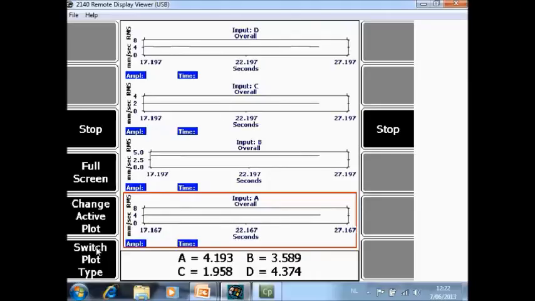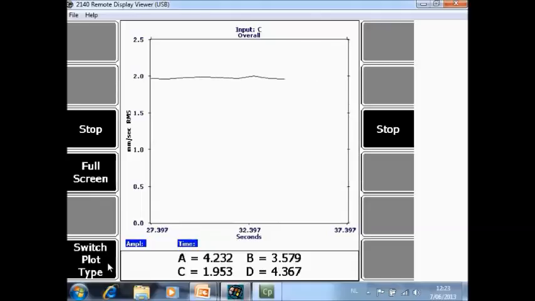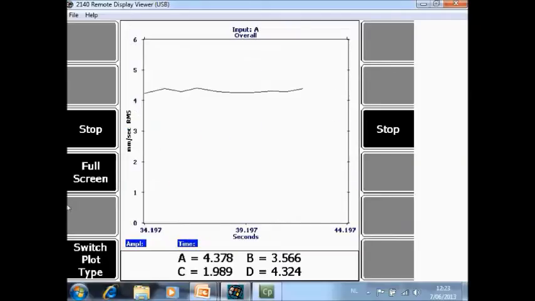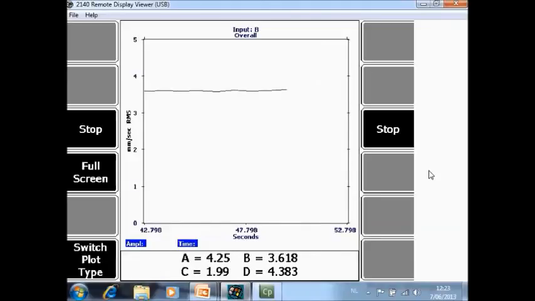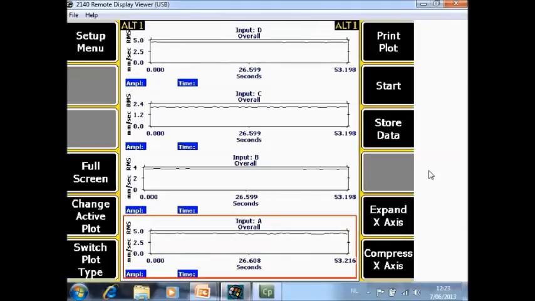however it will measure for 300 seconds. If you go to switch plot type F6, you can toggle between only seeing channel A, channel B, channel C, channel D, or all four together. Even if you have only one channel active, you still see the actual data on the four channels here at the bottom. As soon as you stop the data, you will see the full range. So now we have collected data for the last 53 seconds